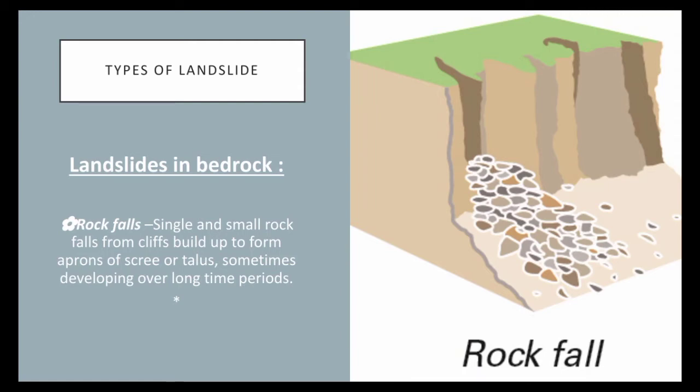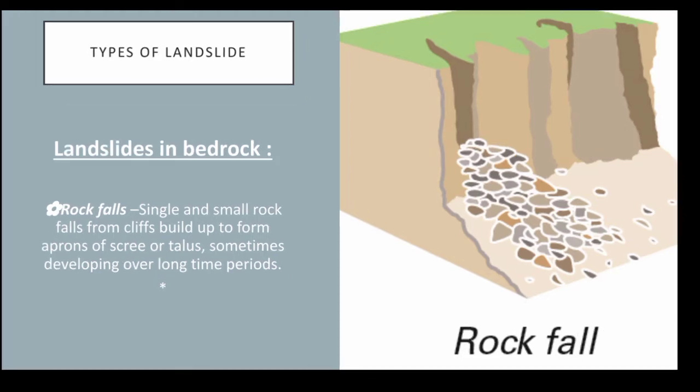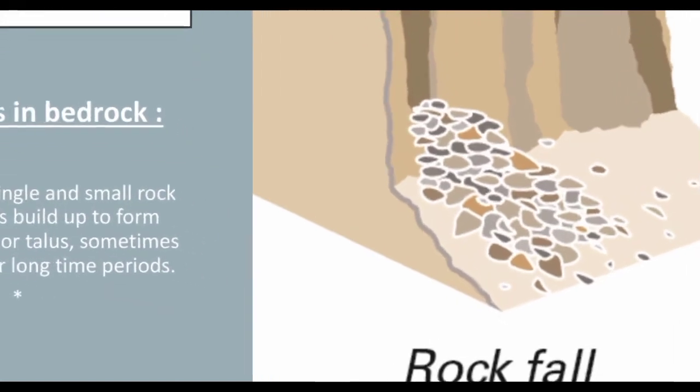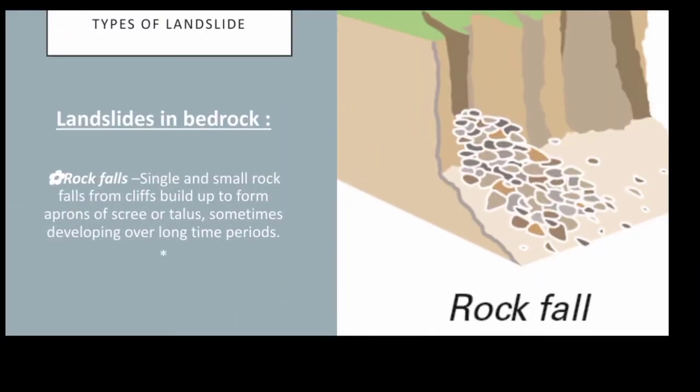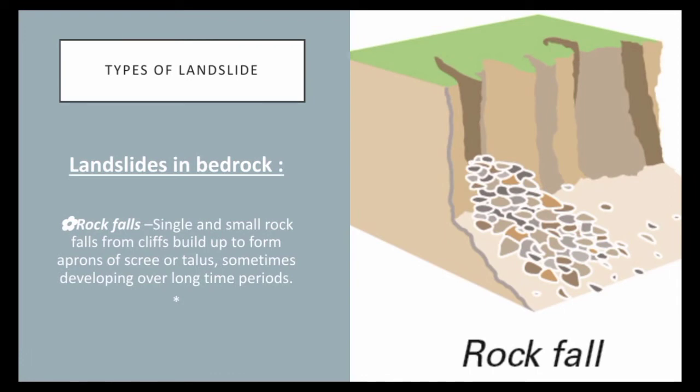Rock falls. Single and small rock falls from cliffs build up to form aprons of scree or talus, sometimes developing over long time periods. So, gaya ng nasa picture dito sa gilid, ayan yung apron of scree or talus na nag-form galing sa taas ng cliff. So, next is